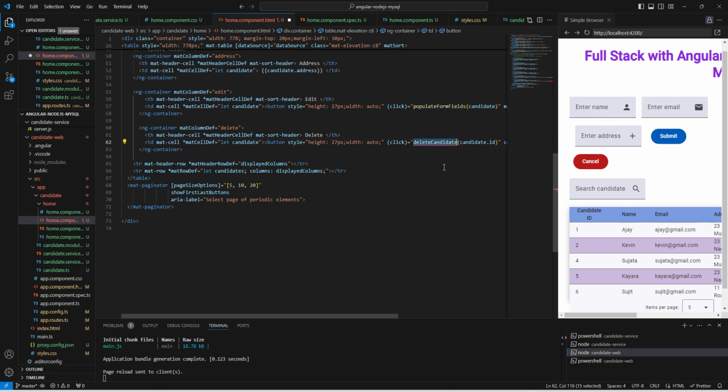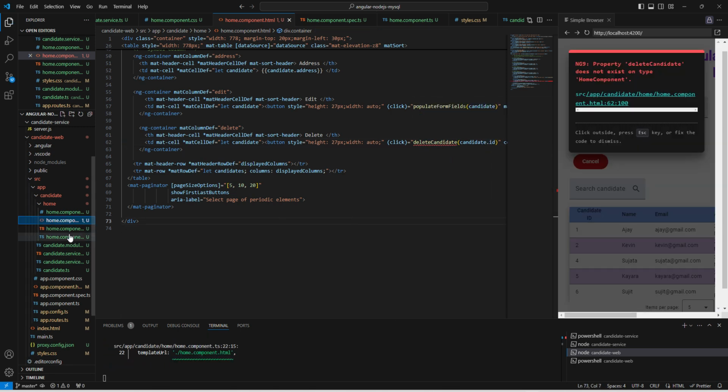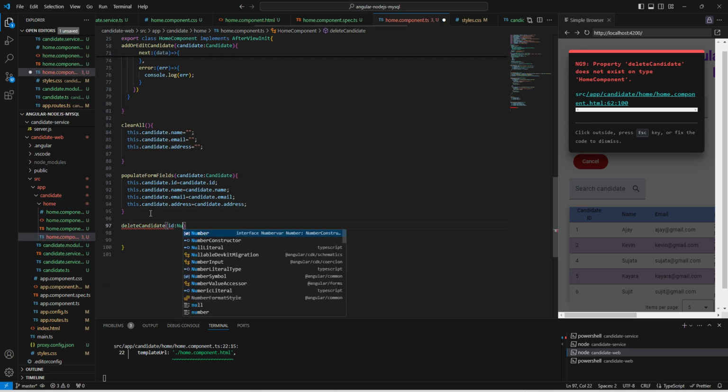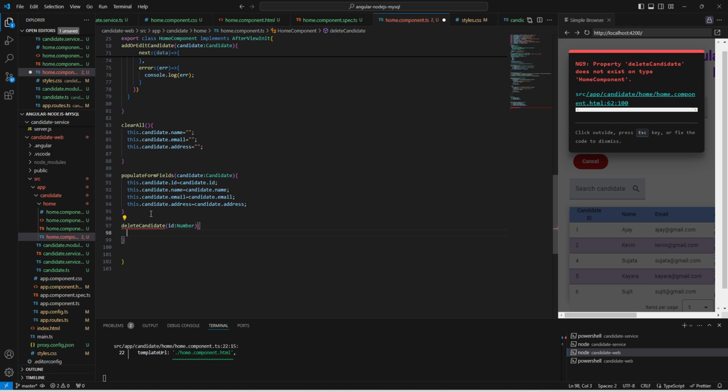Here we can copy this method and add delete candidate, and this is the id which is of type number. Here first we can define one constant, because we want to show some confirmation box. We can use window.confirm,